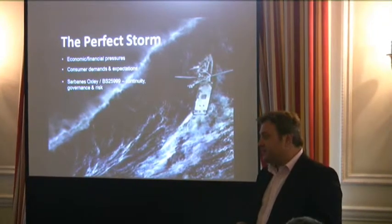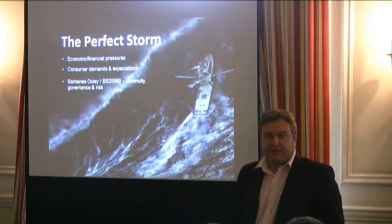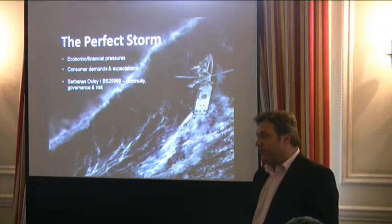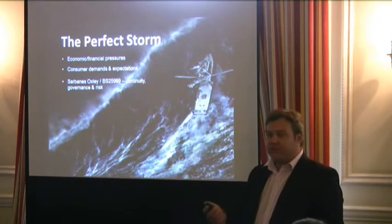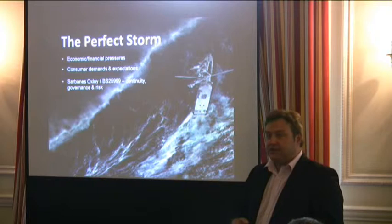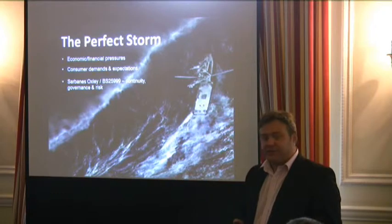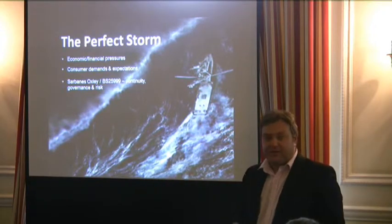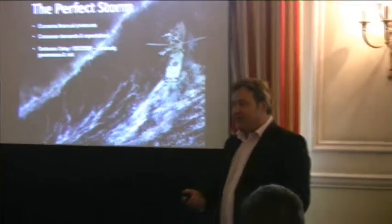It's sensible business governance. We've seen the introduction of a BSI standard, BS 25999 for business continuity, and what's happening is that's being driven through the marketplace. So it's being driven through the public sector, large organisations are adopting it, and we have worked with customers to support and evaluate their business continuity through technology, and conversely we've been asked by our customers as to what our business continuity plans are, because today if you're